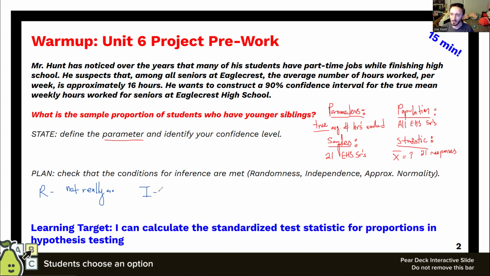For independence, there's a few different ways to think about this. Kind of the really down-to-earth way of thinking about it is if I were to draw my sample of 21 seniors from the full population, is it likely that by drawing the seniors that I've got, it's going to influence the next senior that I could have drawn's answer to the number of hours that they worked? And the answer to that's probably no, right? It's going to be pretty rare that if I collect a group of seniors, their responses are going to change the next one that I'm going to get in the sample.